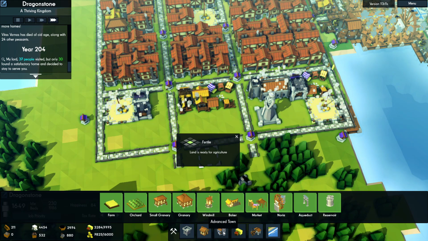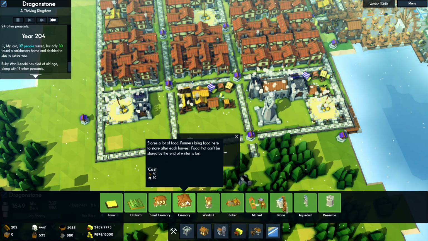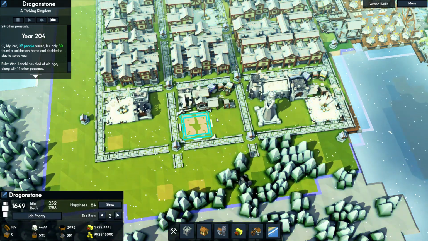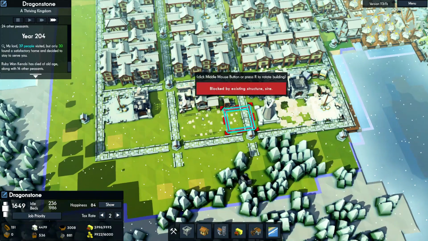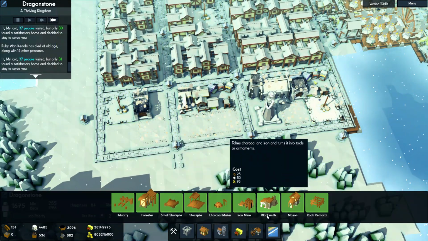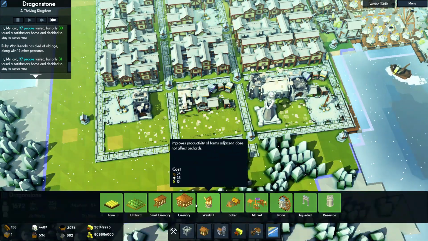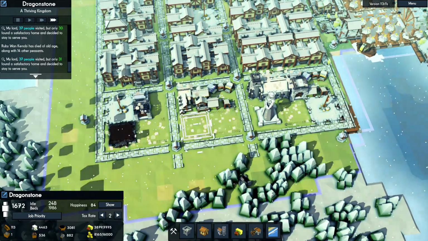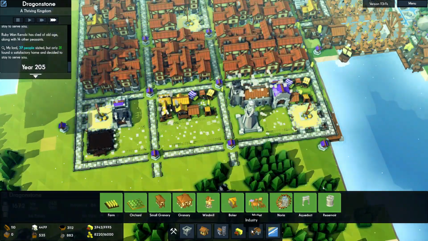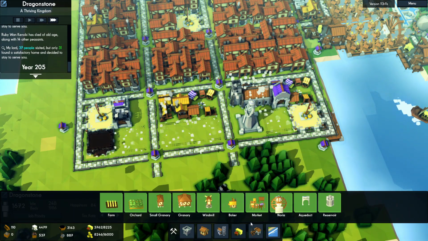Let's see. Let's add orchard here, like that, just as some additional ways to produce food, because that is definitely becoming an up-and-coming issue if I'm not careful. As well as...